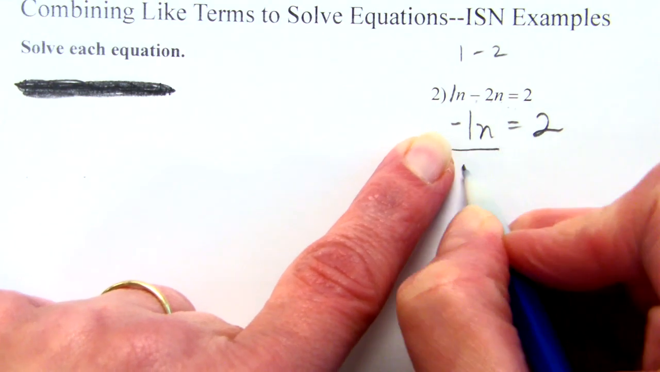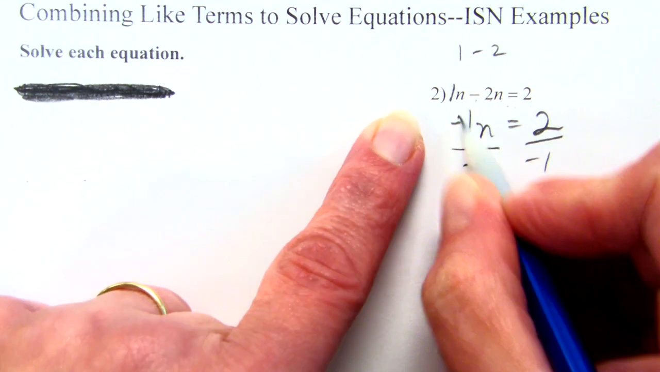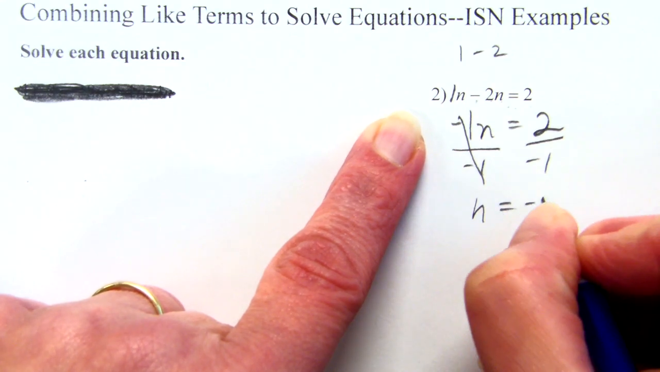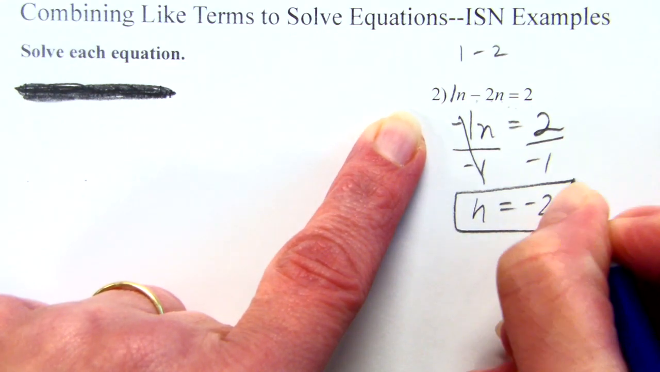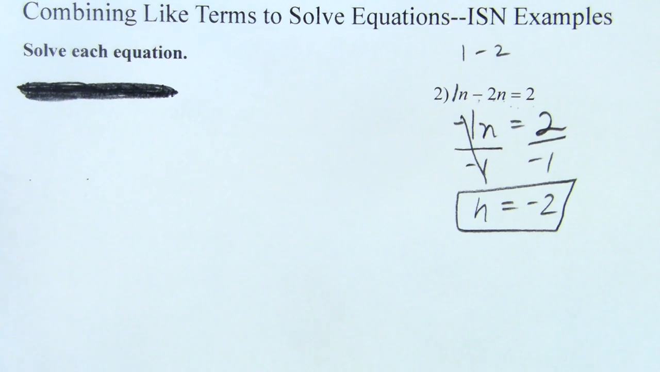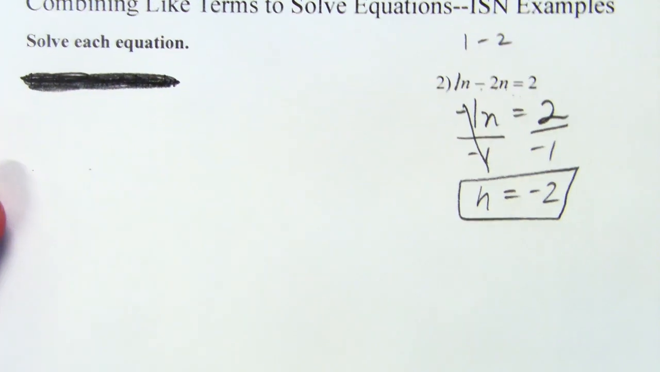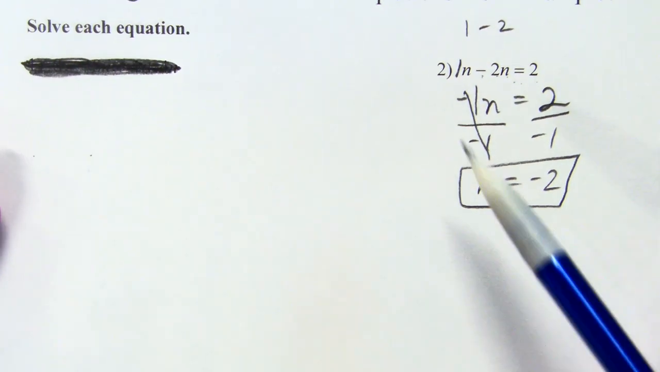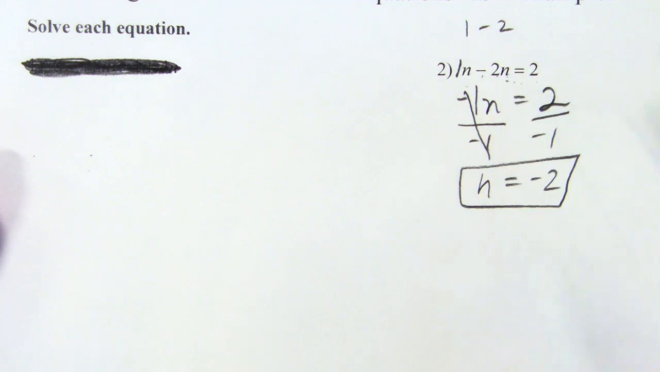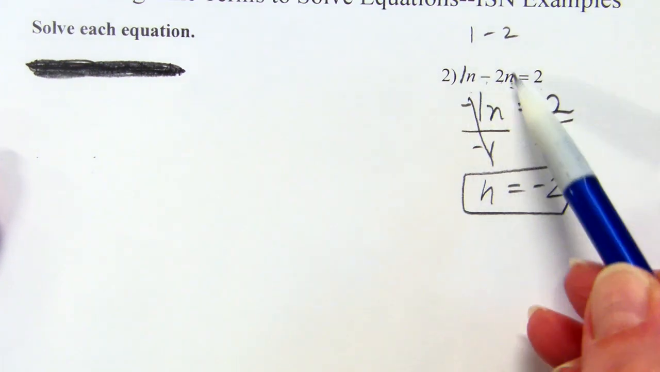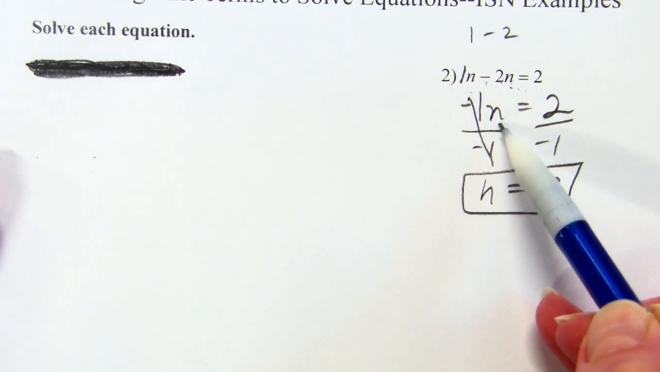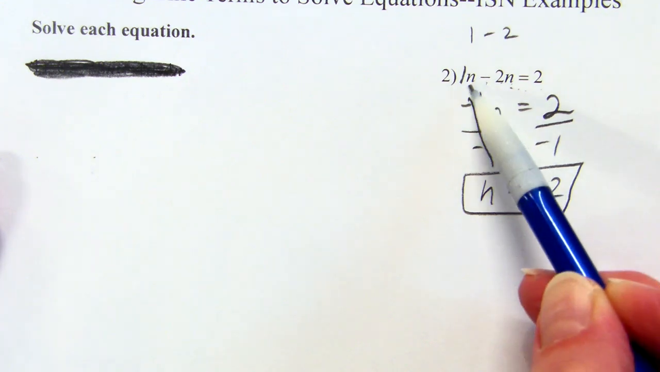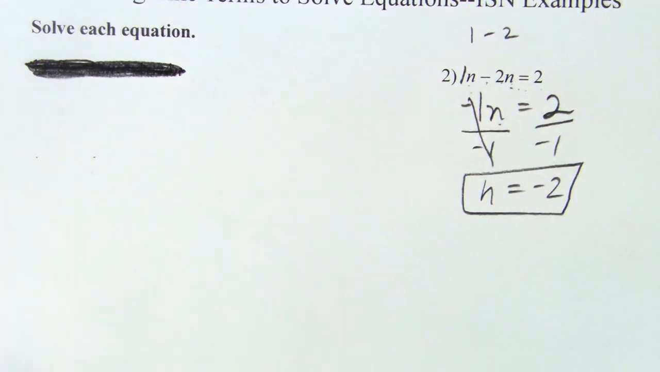Then we can solve for n by dividing by negative 1. We end up with n equals negative 2. So we're just adding a little bit to our one-step equations. We're combining like terms. They're on the same side of the equal sign. That way there's only one variable to solve for, and there's not two, because when there's two, we can't do